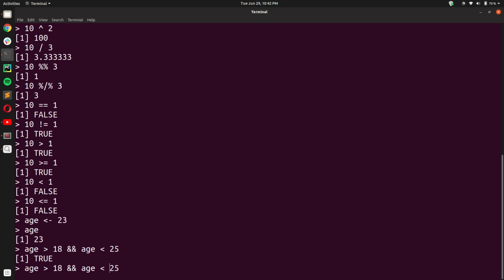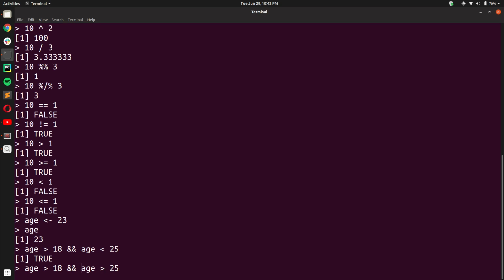Okay, but what if I had a condition that evaluated to false? Let us say I wanted to check whether the age was greater than 18 and whether it was greater than 25 at the same time. But remember, the value inside the variable age is 23. So one of these two statements will evaluate to false.